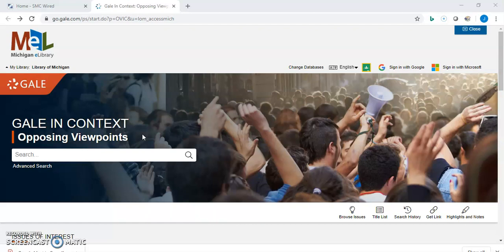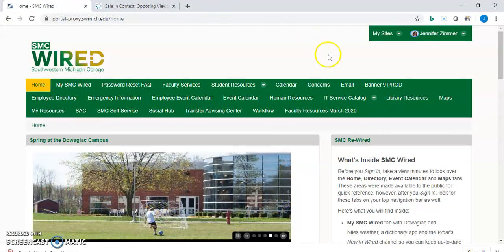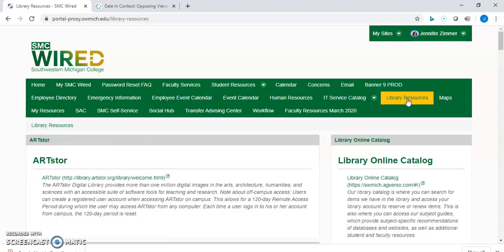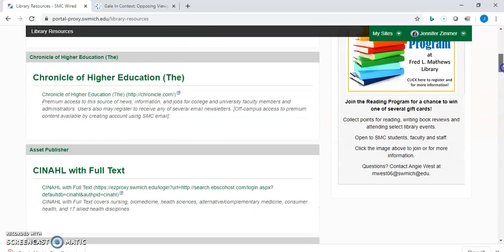So first thing we want to look at is how do we get to this database? You can see up in the top left corner, it says Michigan E-Library. So this is actually a database that we access through the Michigan E-Library. If we go to Wired and go to the Library Resources tab, we'll find our alphabetized link. And since this database is in the Michigan E-Library, that's what we're looking for instead of the name of the